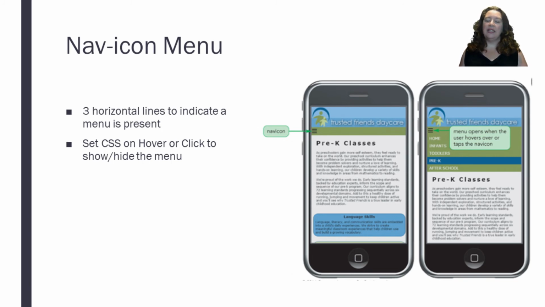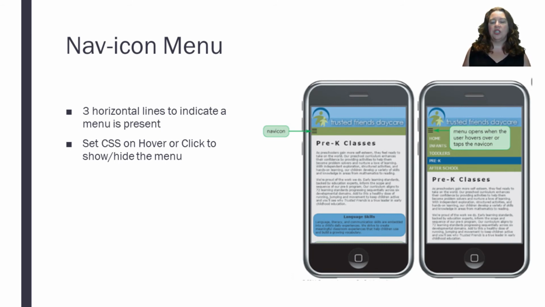So if I click that, I know that the menu is going to pop up. Remember, when we're dealing with mobile devices, it's always very important to remember real estate, and we don't want to fill things that are not necessary in our real estate. So a big thing we like to do is make sure that our menu only shows up when we ask